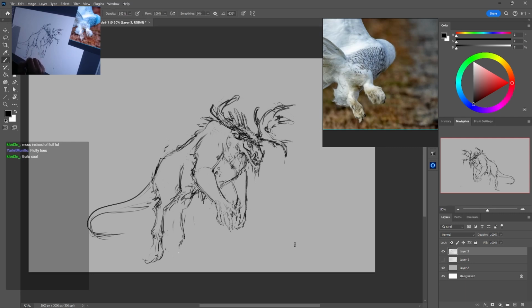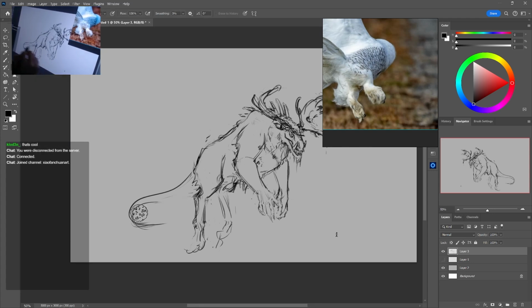Shape doesn't look good. You can see that I'm moving around stuff a lot because I want the shapes to read well. So what we don't want is parallel shapes, parallel lines, lines in the same direction, lines of the same length. Usually they're kind of boring to look at. So let's try and make this a little bit more dynamic here. Perfect. Okay, there. We'll give him a long tail.